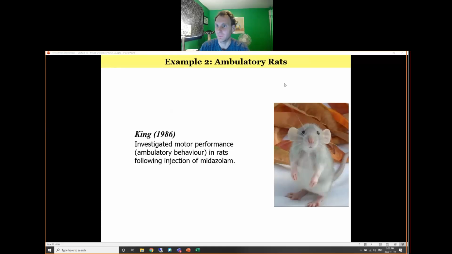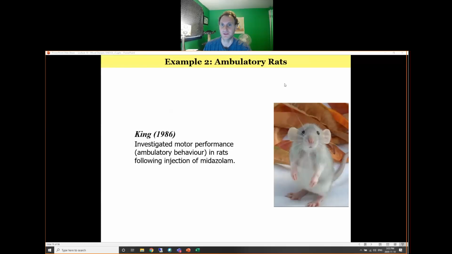And so rats were randomly assigned to either a control condition with no injection, a same condition where they got the same amount of a dose that they were used to, or a different condition where they got a different amount of the dose that they were used to. And then we looked at their ambulatory behavior, so basically their movement, I think through a maze over the course